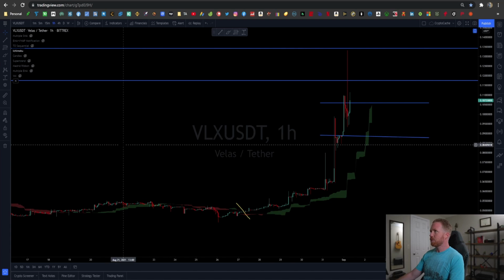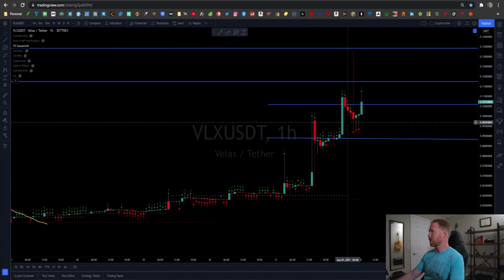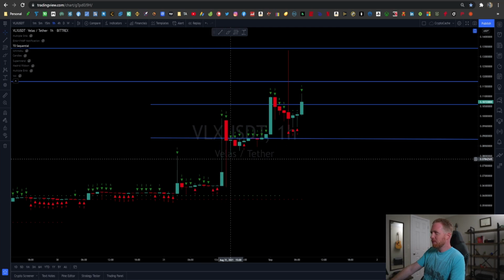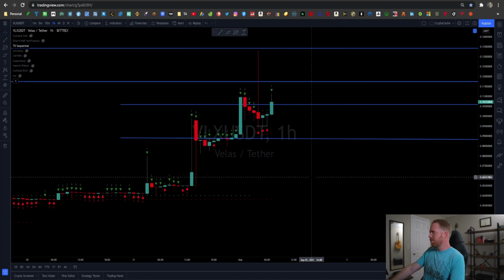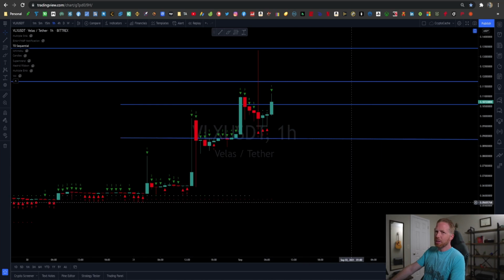And then of course, if we look at TD Sequential as well to see where we're at in the pricing here, there's a good chance we had a reset here recently. And this is a little bit blocky, just based on the fact that the price tends to ramp up and increase and have really short bursts. For future reference too, when you see this kind of price action on a 1 hour chart,